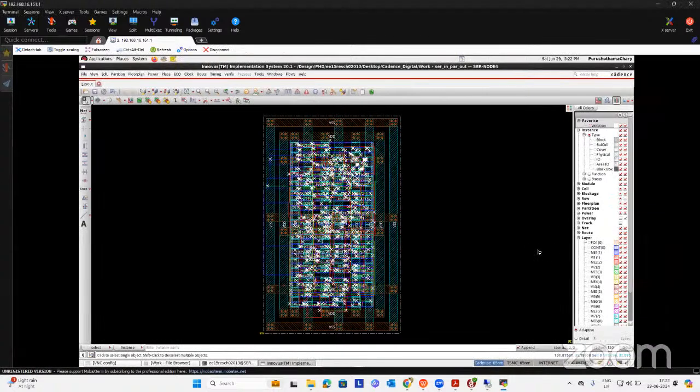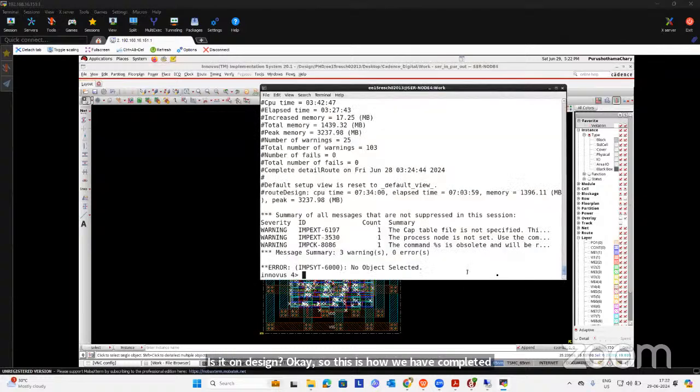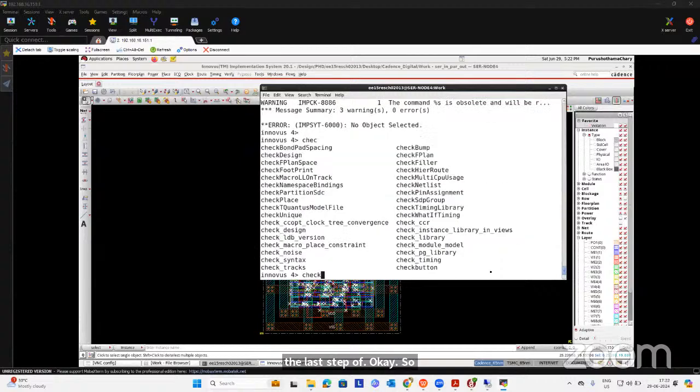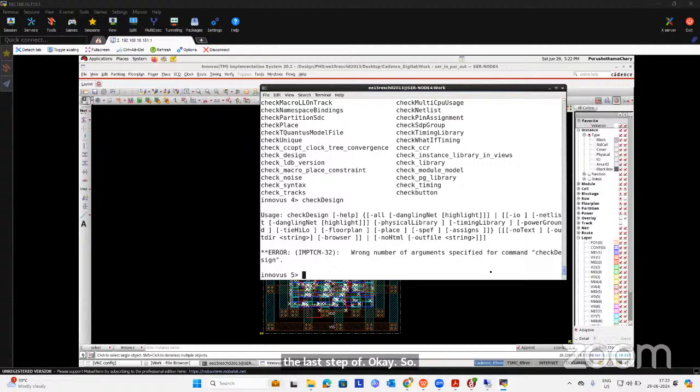So in the last session, we have done physical design, PNR, placement to routing. So this is how we have completed the last step of routing. Now if we do check design, this will give you some errors, wrong number of arguments. Okay. So report,